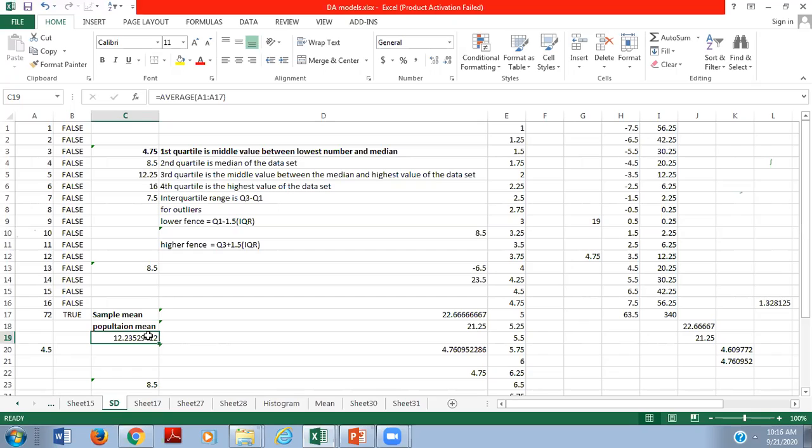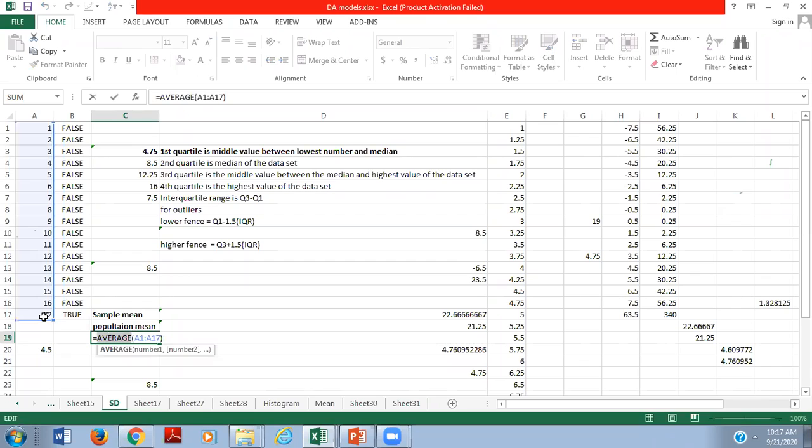Because if you're not able to find these outliers, then the values of the analysis will be totally different, and then we will summarize it differently, right?